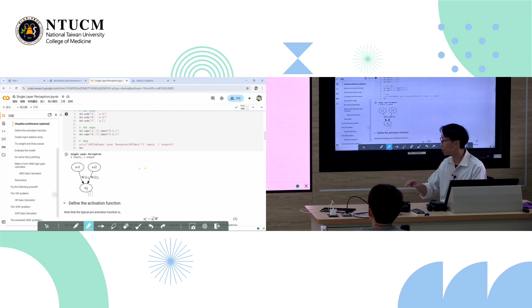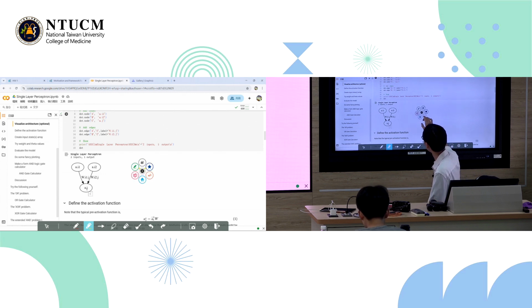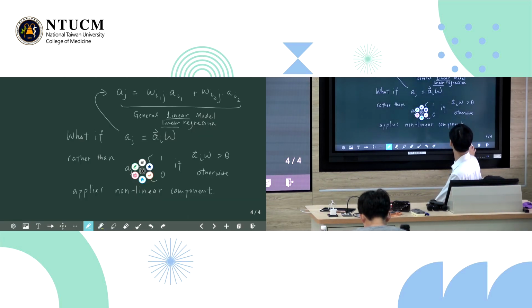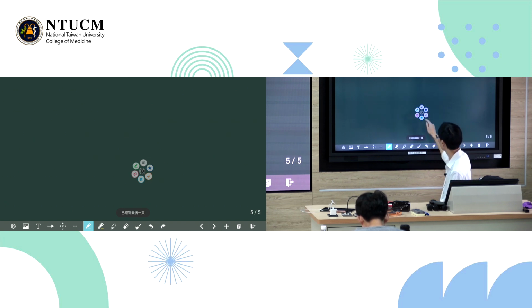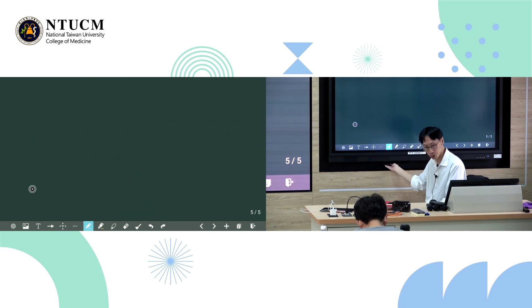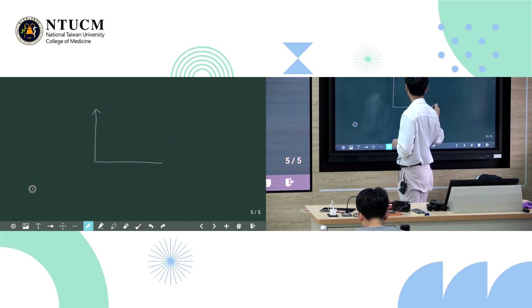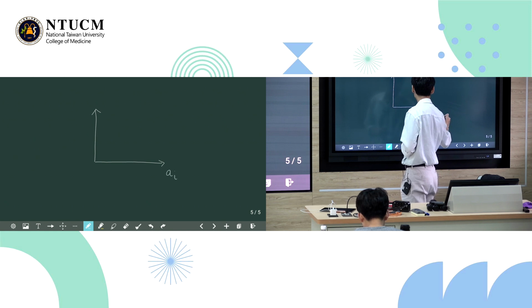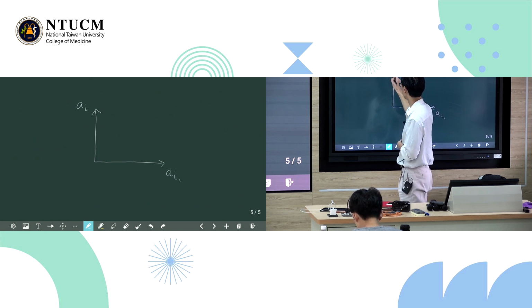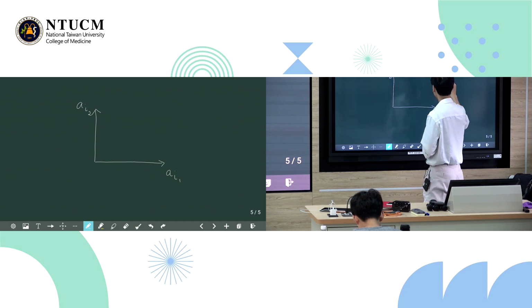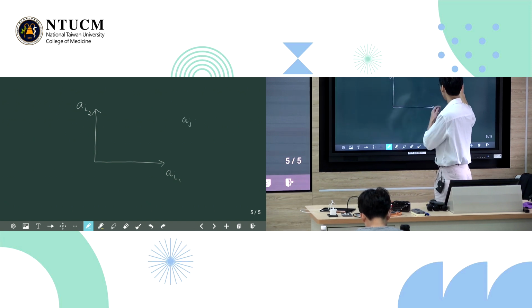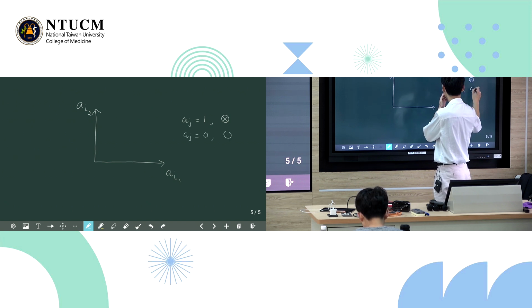Let me illustrate the problem with a drawing here. Might be better. When we do an AND problem, we are using 2 input units, AI1, AI2, and let's say that AJ is equal to 1 where I put a circle with an X like this, and AJ is equal to 0 when I put a circle like this.